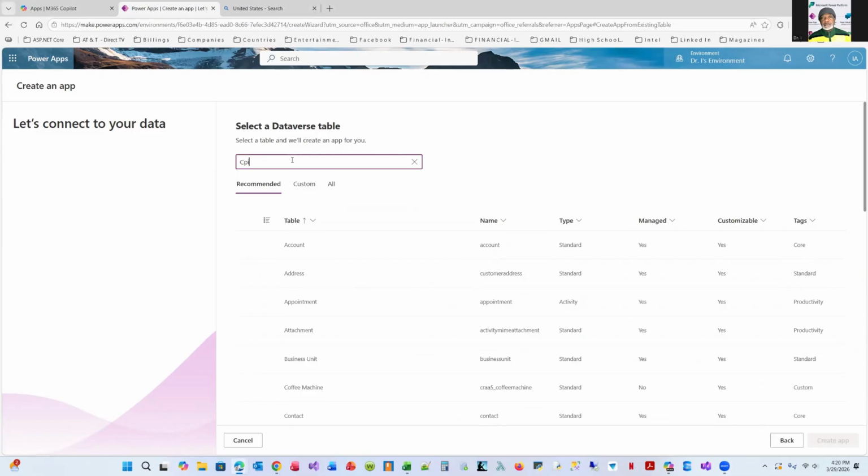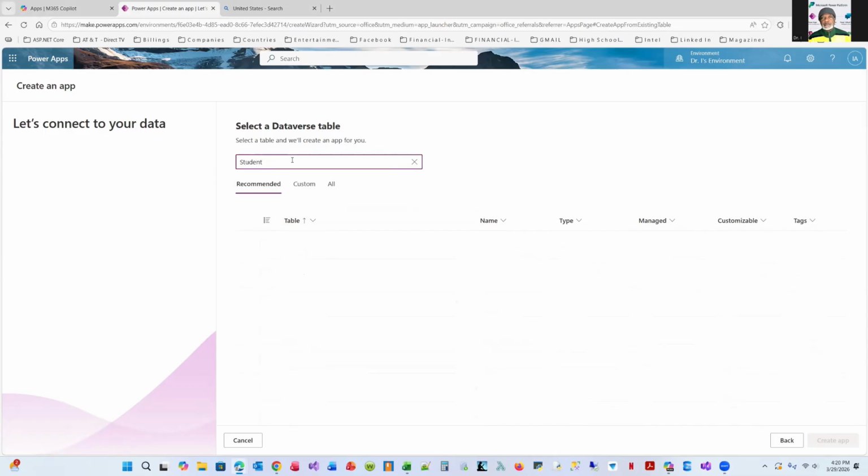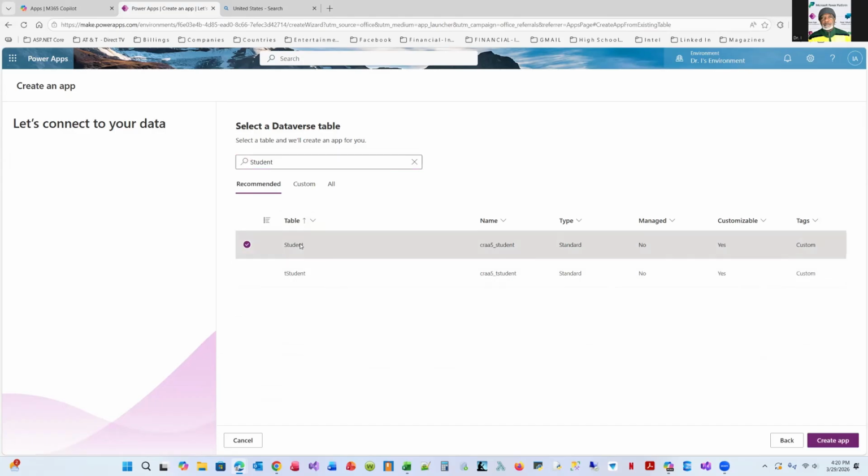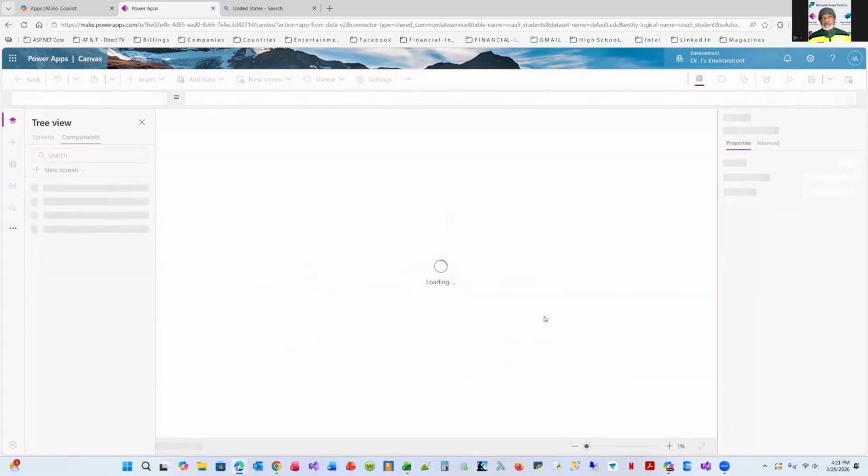Again, I was choosing course there. You can see course, one of the tables, and student. Remember, student. Now it provides me with this one, right? So select that, and I asked it to create the app. Remember, as I mentioned, we're not going to create the course screen now because it takes a little bit longer to explain, and I want to do it independently so that you'll be able to focus on this. Remember, we have already created a table, which I call T student. And the reason I did that was to ensure that I do not override what I have here. So I'm going to click create app, and it's going to come up with